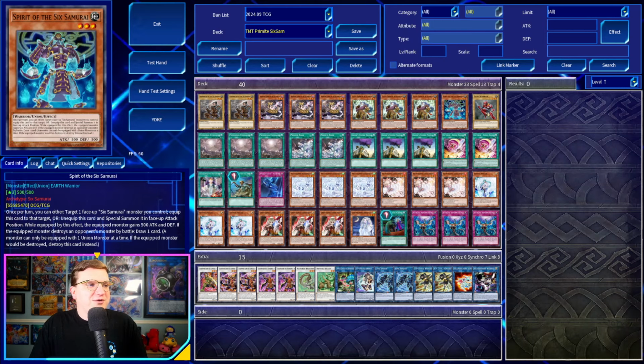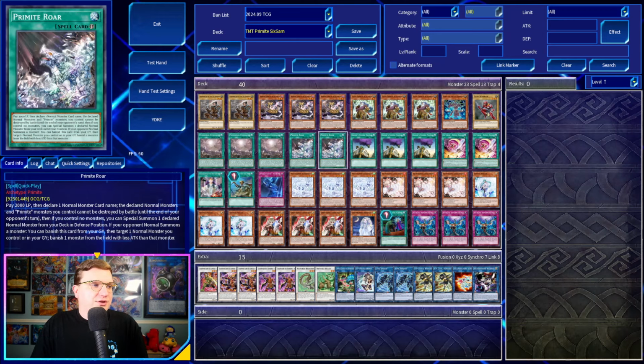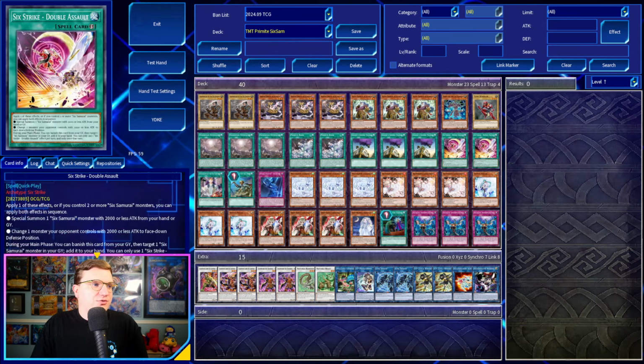We're playing 1 copy of Spirit of the Six Samurai, a 3-star non-tuner, and 1 copy of Toon Warrior, theoretically a normal tuner you can get. We've got 3 copies of Lordly Lode, 2 copies of Roar, then 3 Shien Smoke Signal, the newly released Double